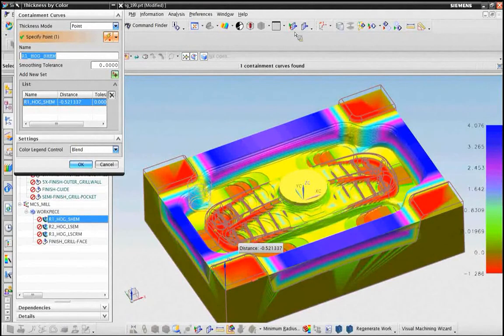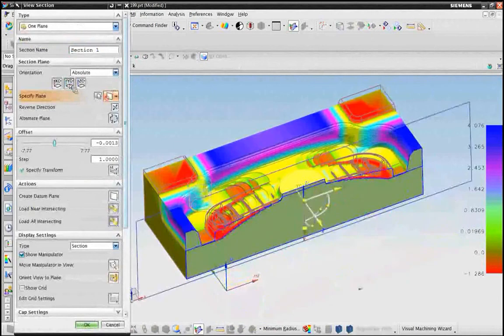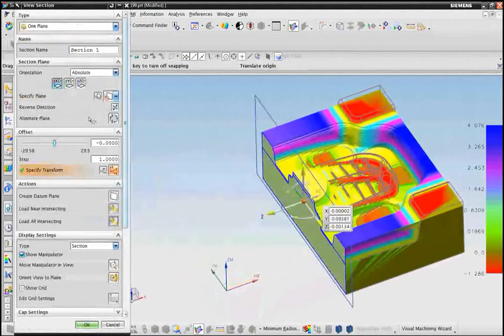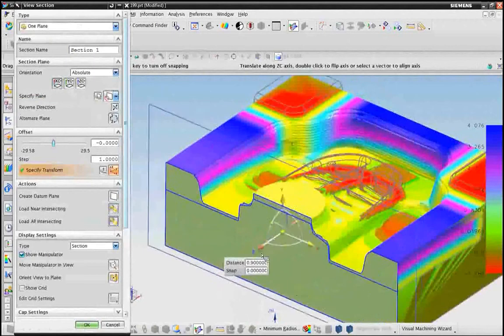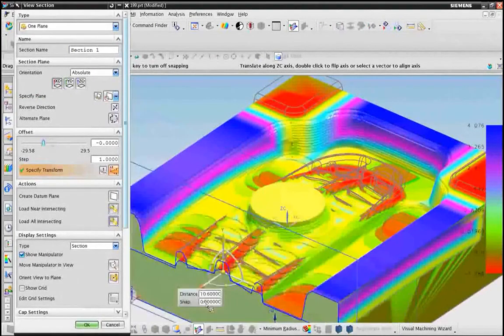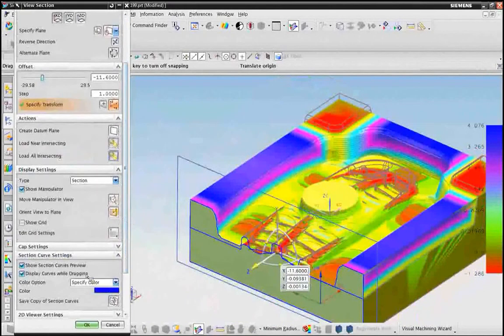The section tool is an amazing tool for the CAM user. It gives me the ability to display a couple of section curves. So I can say, show the section curve preview, which is what we're seeing here, and do a dynamic update while dragging, so I can really get a good clear picture of what's happening as